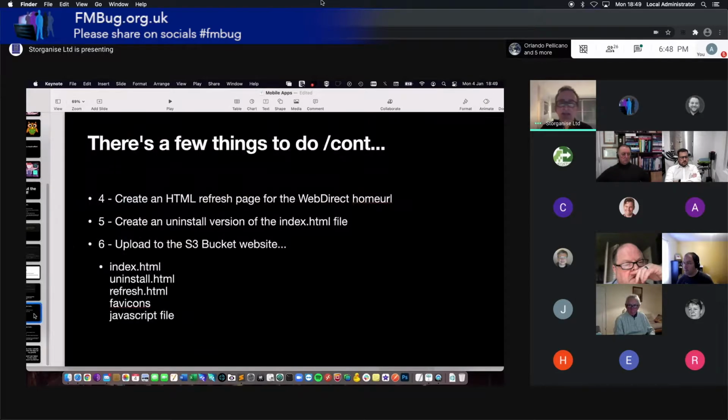So there's a couple of other things to do. As you've seen there, we have to create another HTML page, which is called the refresh HTML, which is where you go when WebDirect times you out. It's also useful to create an uninstall version of the index.html file. And that just calls another function in JavaScript to say unset the cookie. So it gets rid of that so that it takes you back to the home page rather than diverting you to the app. Then once you've created those 3 HTML pages, you upload those 3, your links and your container for your favicons and your little JavaScript file. Upload all that to your S3 bucket, and